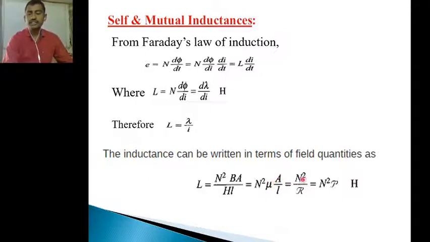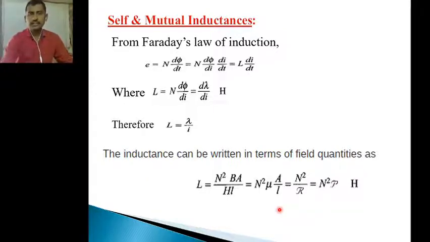So how do we get this equation? From N phi by dI, and phi is the MMF by reluctance, where MMF means N into I, number of turns into current. So N into NI is equal to N square I, and similarly reluctance means l by mu A. So if you substitute all those, we can get N square into mu A by l. However, we can also get this in our previous classes, that means intermediate classes. So these are the formulas for L, that means the self-inductance.